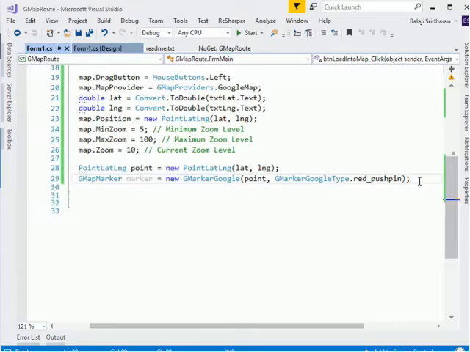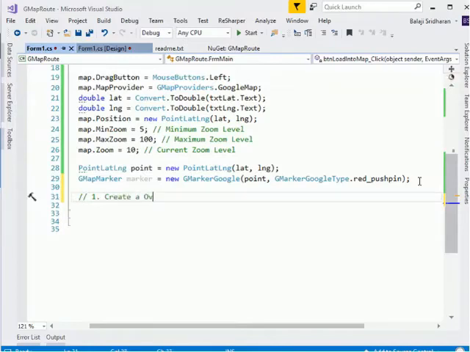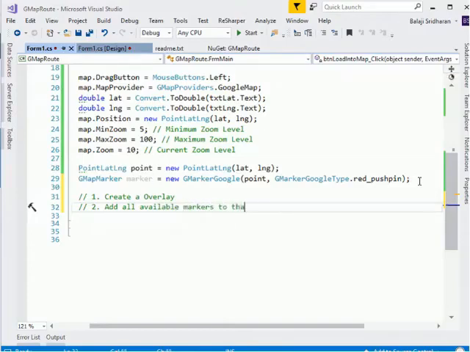Finally, we add that overlay to our GMap. So first we create an overlay. The next step is to add all available markers to that overlay. Finally, we cover our map with that overlay.